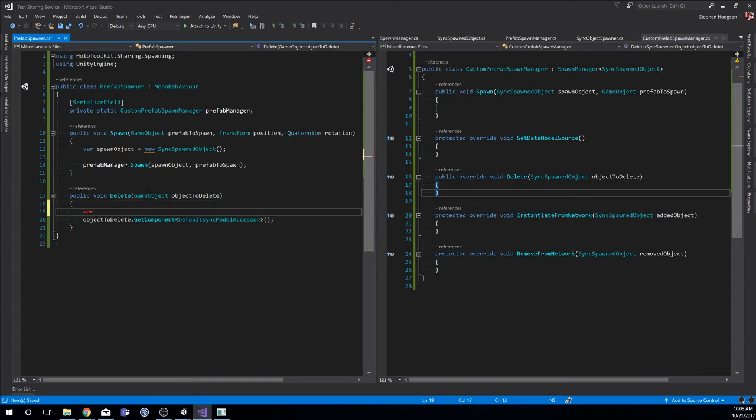And we'll just say sync model, and we're going to want to make sure this isn't null before we try and delete it. Because maybe we pass in an object, or we hit an object that doesn't have one for some reason, so we could just outright delete it instead of going over to the server and deleting it. So let's do that. If our sync model is not null,